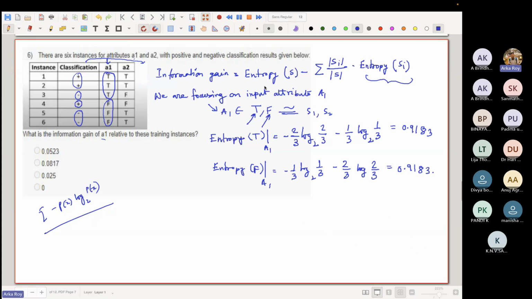Now we have to find the entropy of the total set, that is S. Now, what is the total set? The total set is basically the classification. So how many instances do you have over here? Total number of instances is 6. Out of 6, 3 are for positive classification, 3 are for negative classification. So entropy of the whole set I can write as